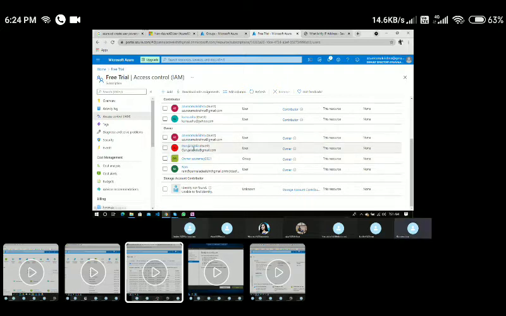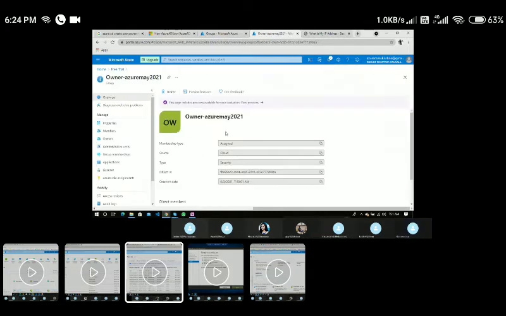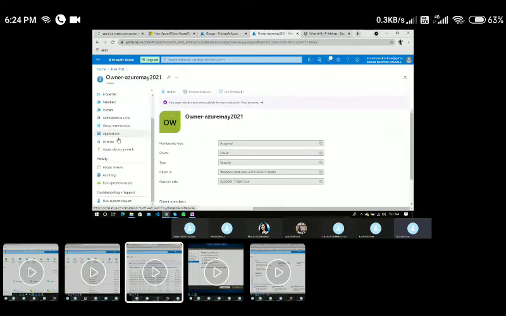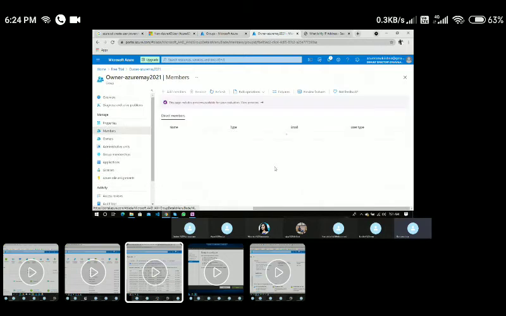Instead of giving access to individuals like this, what they do is create a group and assign that particular group to the respective roles. Going forward, if somebody wants owner access, you don't need to add them directly here. You can simply add that user into the group. It is very simple. If I go to the group, I can see overall what access it has. If I go to the members,